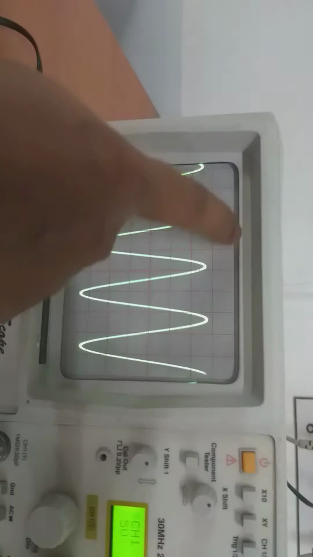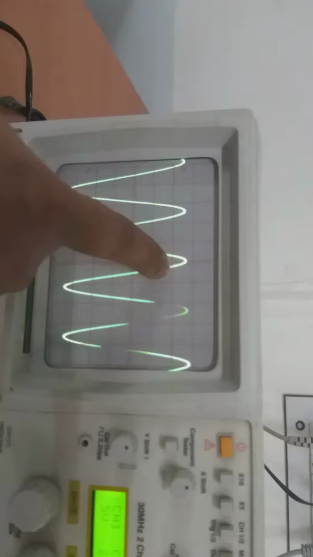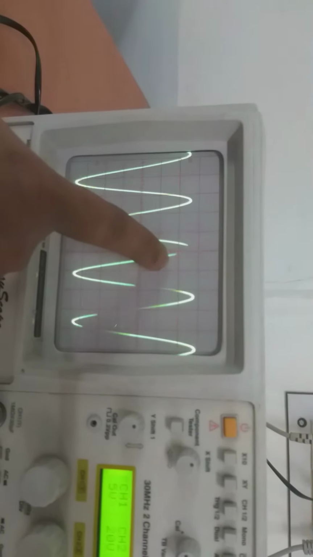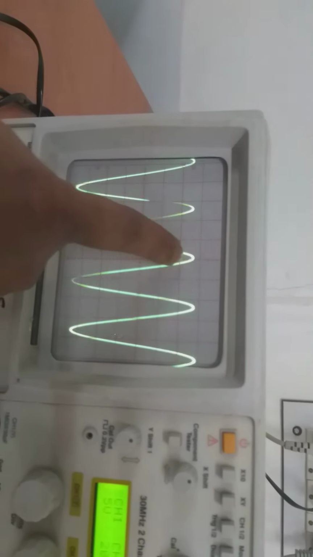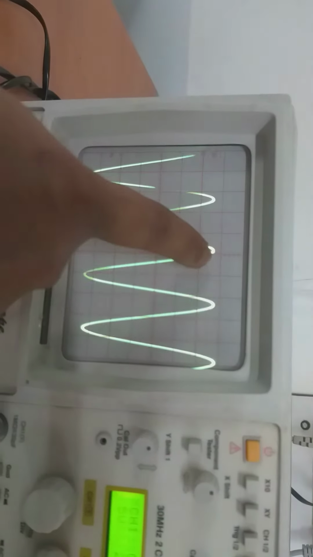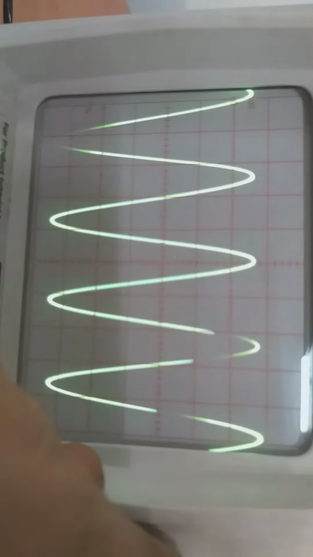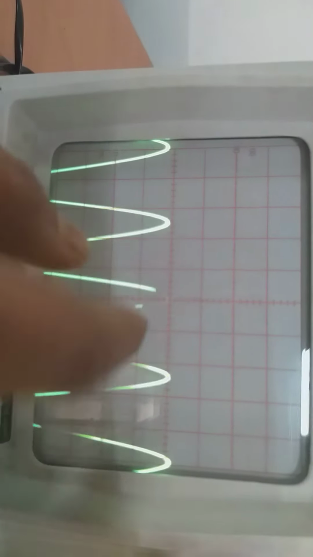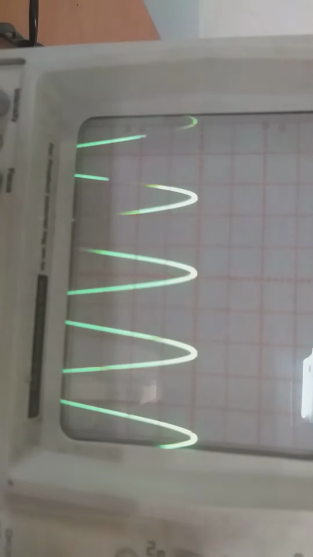This one block, the block you are seeing on the screen, is just like a graph paper. Each block is equivalent to 1 centimeter. So for the first reading, if you are taking 200 hertz, you have to measure this distance. How much is the distance? At this moment you are not able to see, but if you are performing it physically, you can easily observe this distance is around 2.4 centimeter. I can show you by moving this peak in the downward direction. These small lines are also there. You can observe these peaks are indicating the 2.4 centimeter.